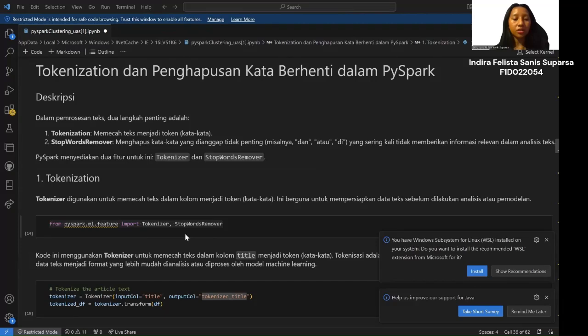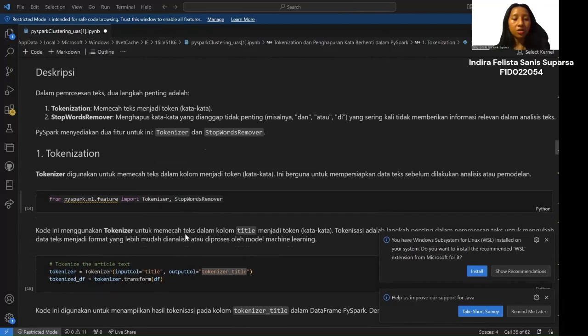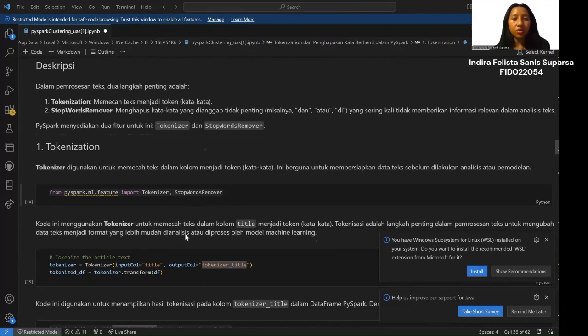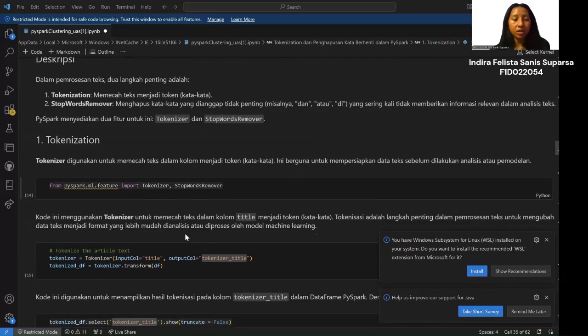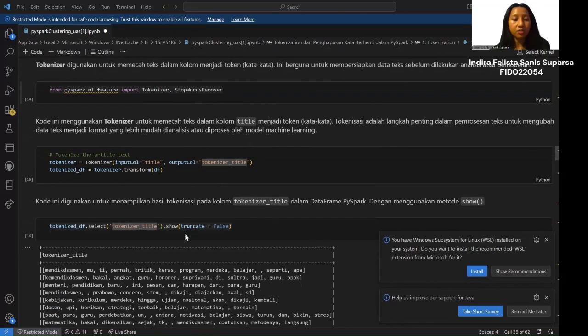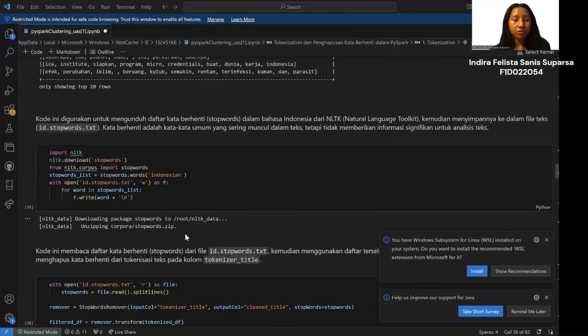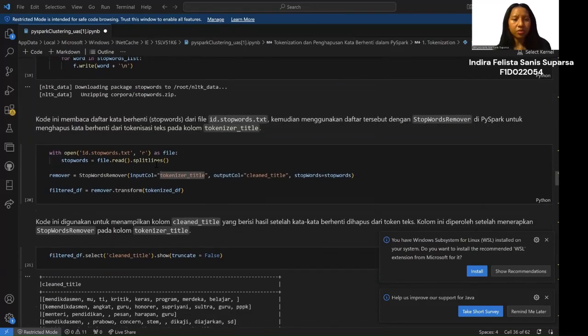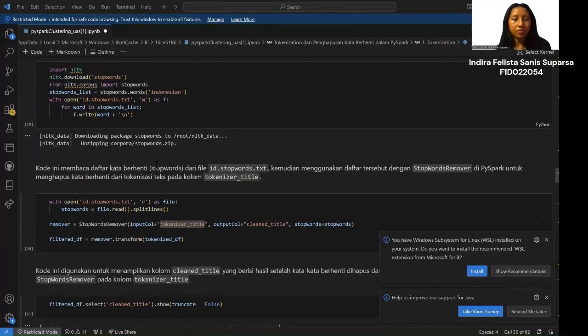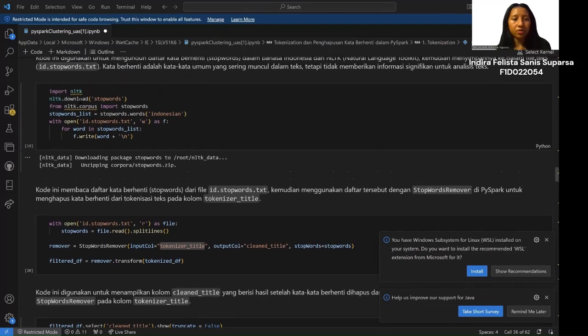After we import them, we need to import the next library, named NLTK. This library is used to download and manage a list of stop words in the Indonesian language.